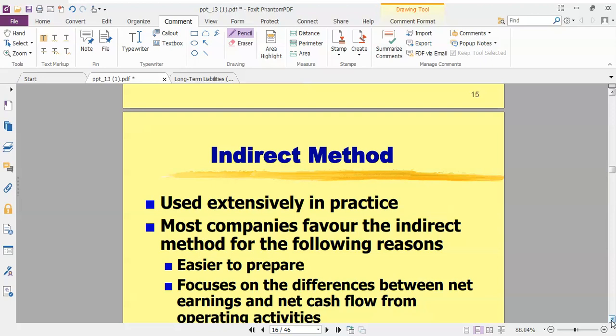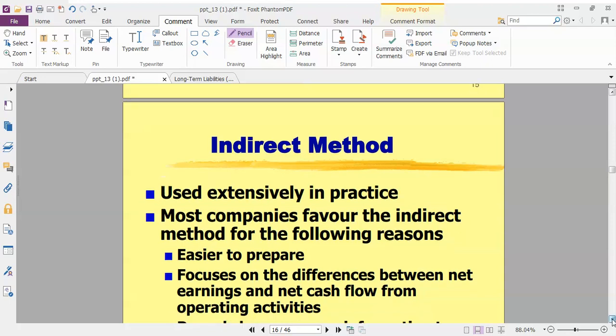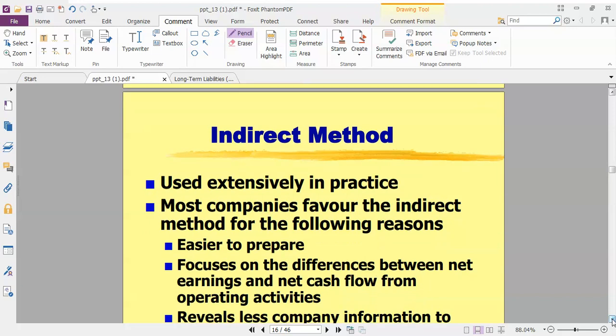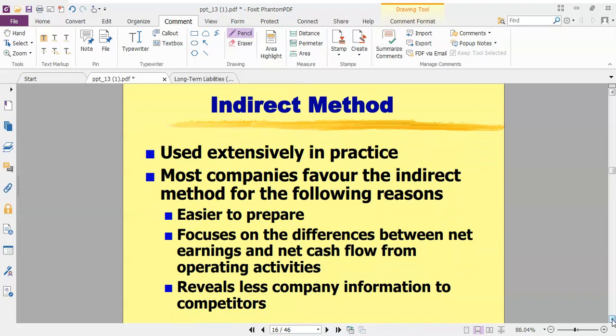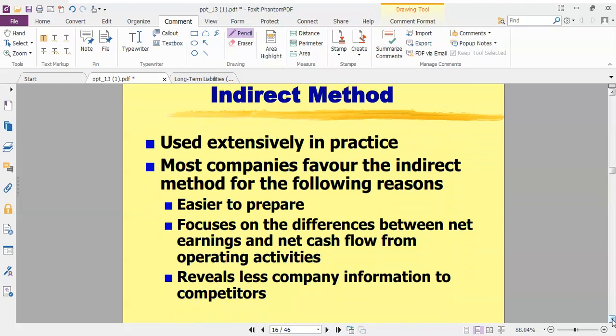Okay, the indirect method is used extensively in practice. Most companies favor the indirect method for the following reasons: easier to prepare, focus on the difference between net earnings and net cash flow from operating activities, and reveal less company information to competitors. That's why most of the companies love to use the indirect method. Okay, less company information,